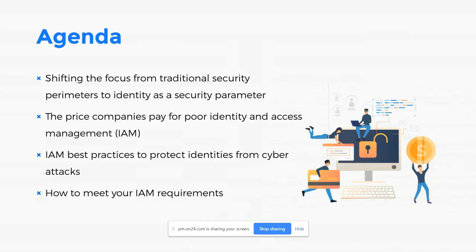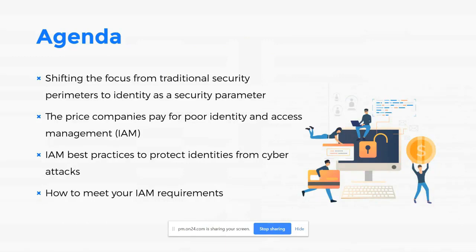And we'll go forward talking about how you can make your identity access management foolproof. We are going to talk about a couple of best practices right here. Essentially, I'm going to teach you a couple of cool tricks and hacks that can change the way your organization and stakeholders see identity. The whole idea of identities has been in the background for a long time. It's time it takes center stage.